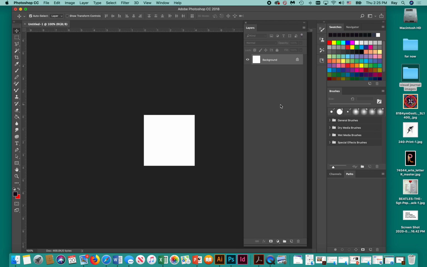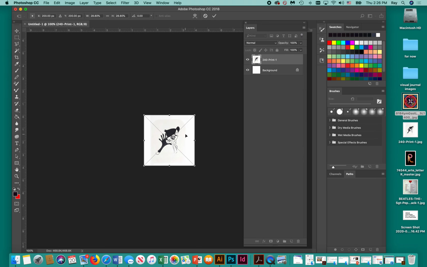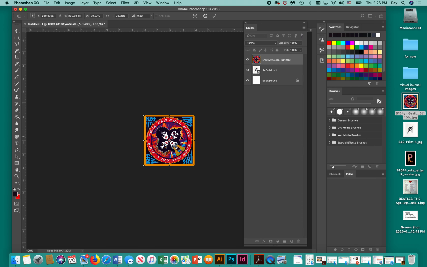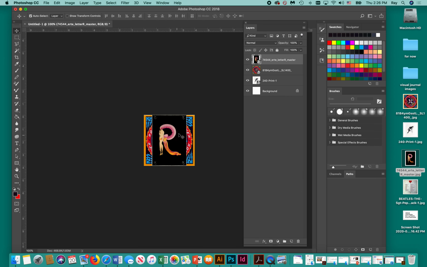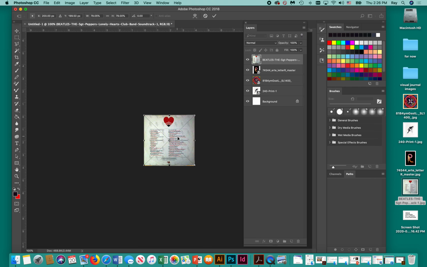So I'm going to pull each one of these images in separately. And when I bring them in, these are embedded images, meaning they need to be rasterized before I can actually work with them. So you'll see when I pull this one in that it has this X on it. That means it's not yet rasterized, but that's okay. We're going to rasterize them. But before I can pull another one in, I actually just need to click on it and say that it's okay. Now I'm going to pull the next one in and say it's okay. I'm going to pull the next one in and say it's okay. And then I'm going to pull the last one in and say it's okay.